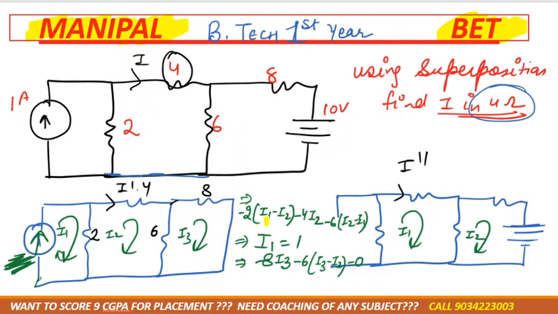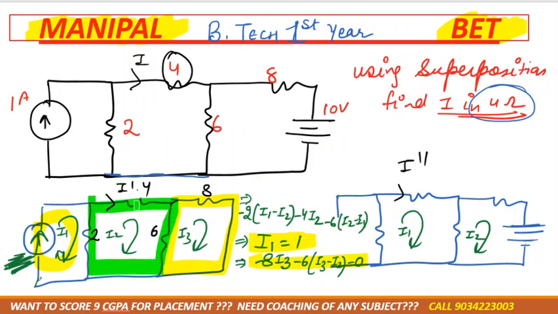So these are the mesh equations. I1 and 1 ampere are the same, so I1 is equal to 1 ampere. Minus 8 I3 minus I2 is equal to 0. Next one is minus 4 I1 minus 6 I2 minus I3 minus 2 I2 minus 1 is equal to 0. Similarly, tell me the equation for the second circuit. And first of all, after solving you will get I1, I2, I3,